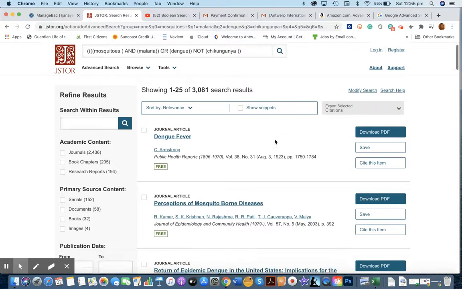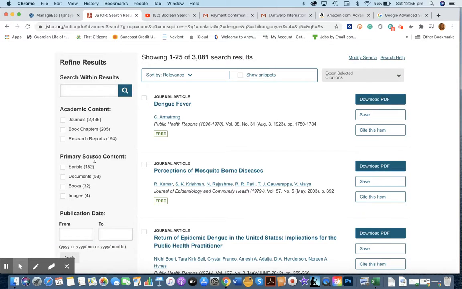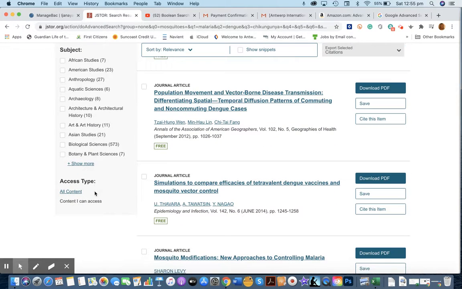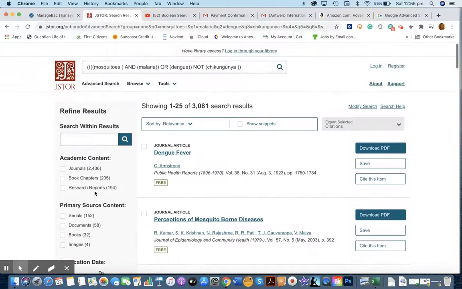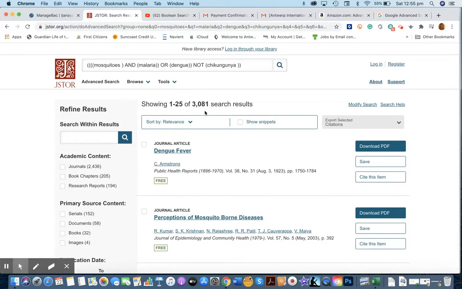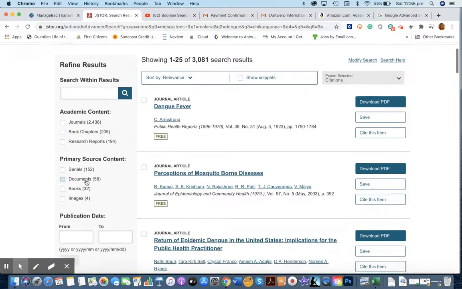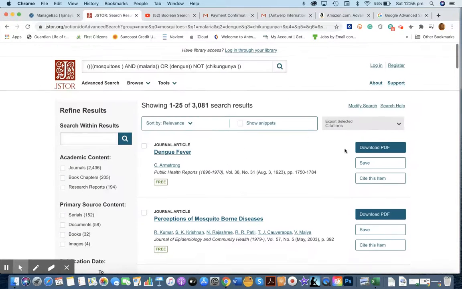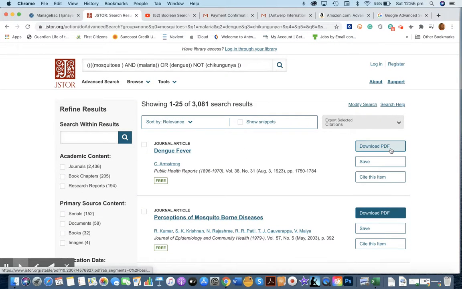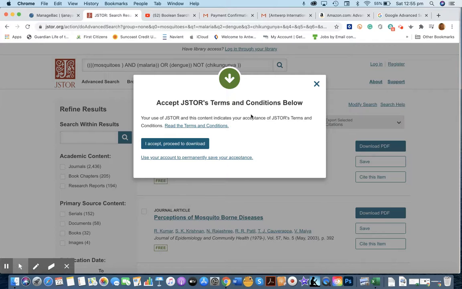And when we do this, there are a few things I want to point out. The refined results that we just looked through are mostly all here. So if you decided, okay, you got too many results, you can still go through and refine your results. On the right-hand side, you have the option to download this resource as a PDF. You can save it or you can cite this item. These are some interesting things I wanted to point out. You can download it if you want,